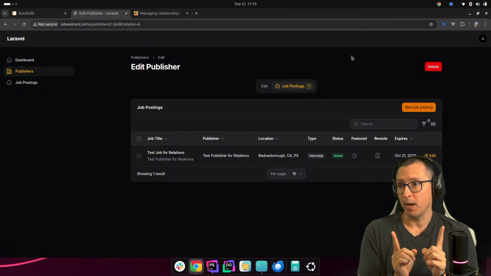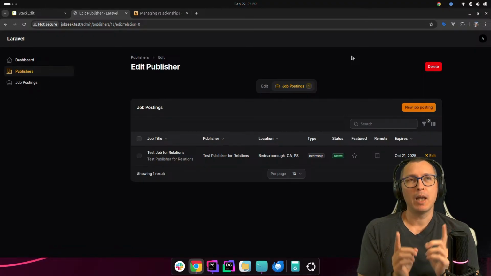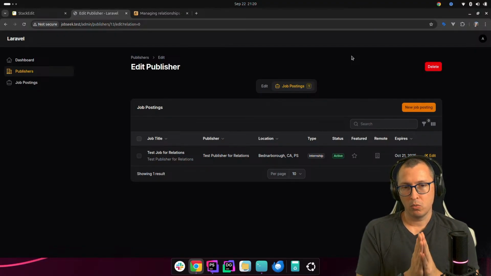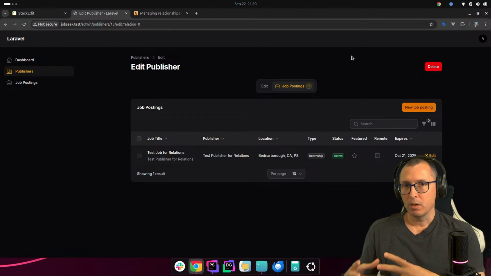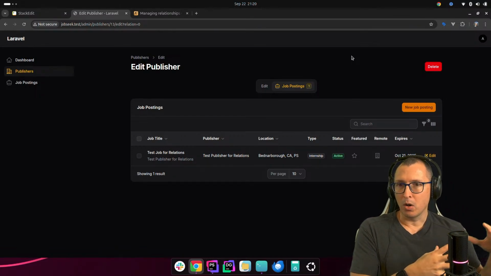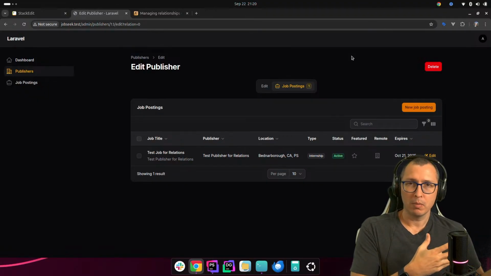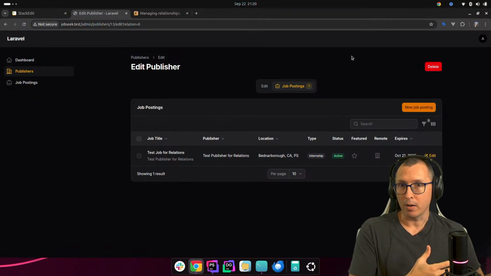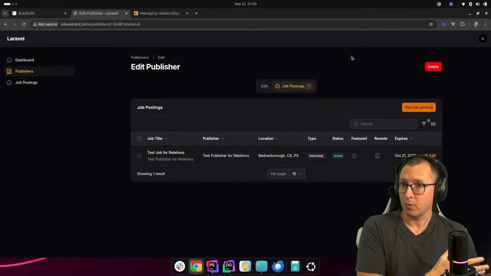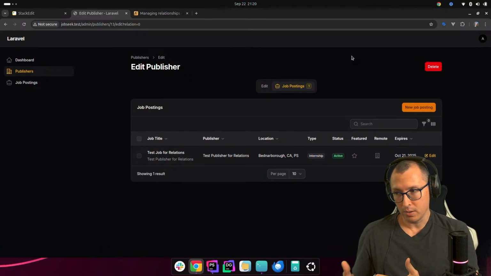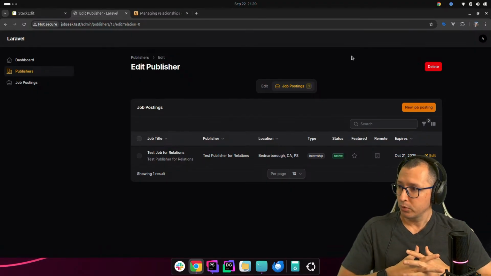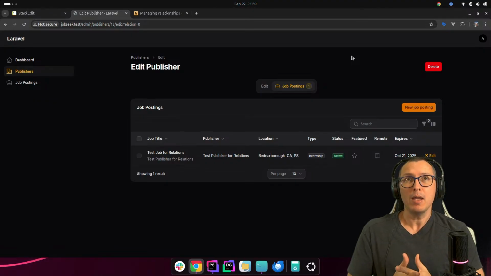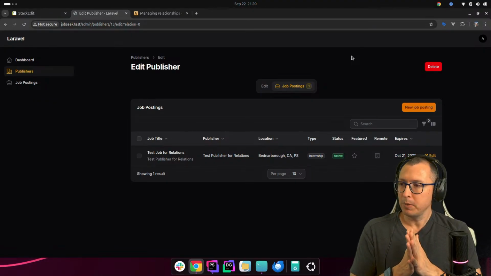But in the context of Laravel development, when you combine vibe coding with a model like Claude, which is by far and so far the best model that I've seen for coding, when you combine that with Laravel Boost and an array of MCP tools,